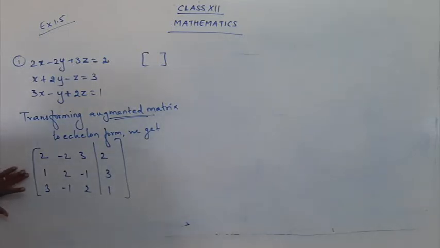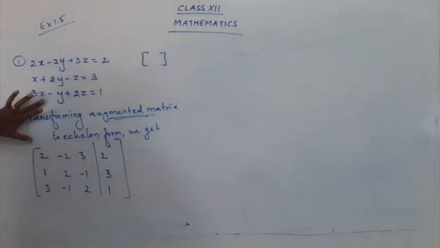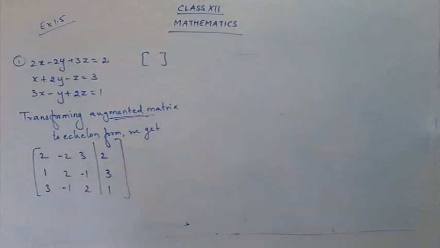Are you clear with the matrix presentation? You are going to take the coefficients along with the sign. Do not forget to take the signs. We have to mention the sign. That's a very important part. Okay, done. So the first part is done, and we have found the augmented matrix.